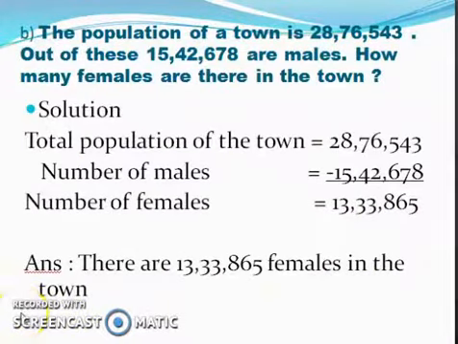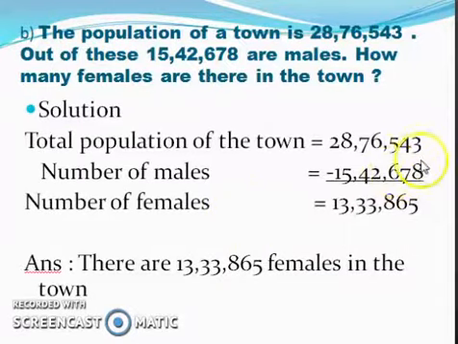Next statement. The population of a town is 28,76,543. Out of these, 15,42,678 are males. How many females are there in the town? Total population 28,76,543. Now males and females, they are two parts of the population. If males are 15,42,678, by subtraction we will get the